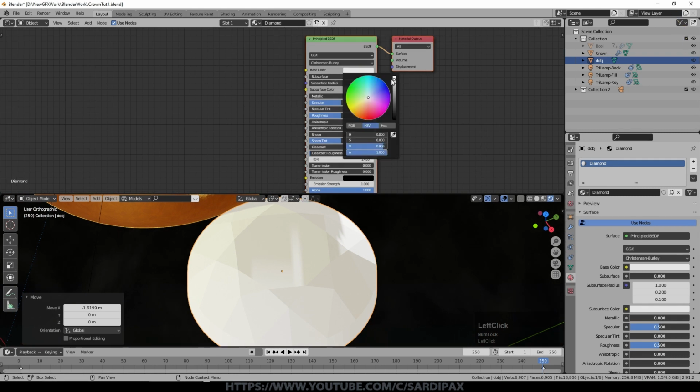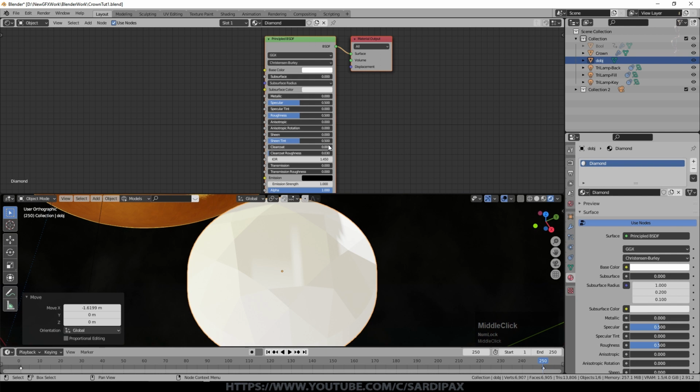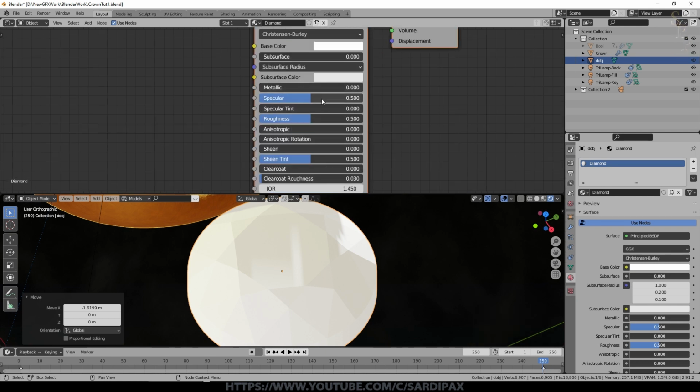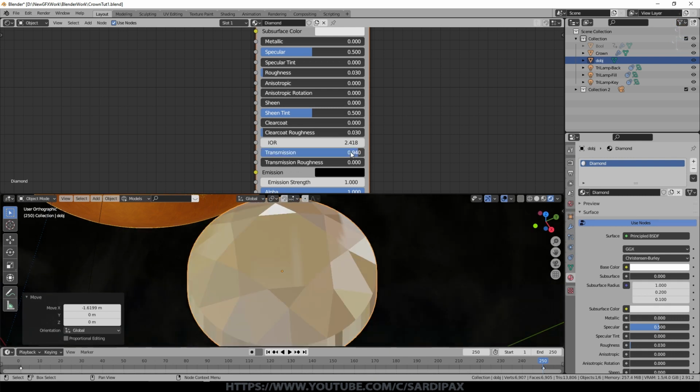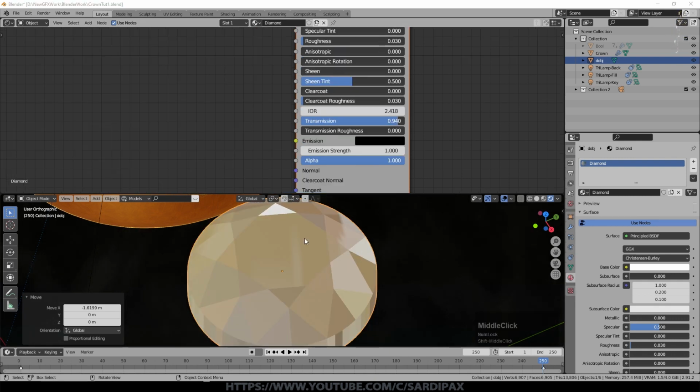So first of all, we'll just set that to full white. It doesn't really matter because we're going to put a different input for the base color in a moment. Metallic off. Roughness I set to about 0.03. So very low roughness value, is very reflective. Index of refraction I had set to 2.418, which I think from memory is roughly that of diamond. I set transmission to 0.94 so that it's not completely opaque, but nor is it very transparent. So you can see it's getting a little more to it now.